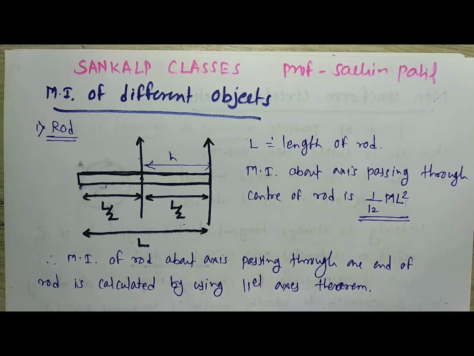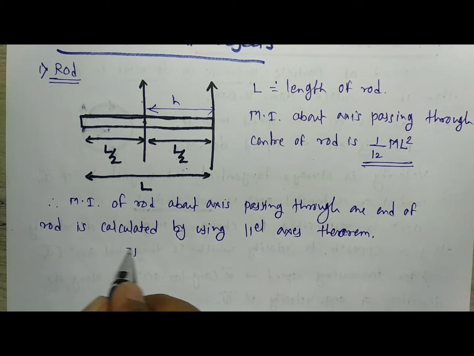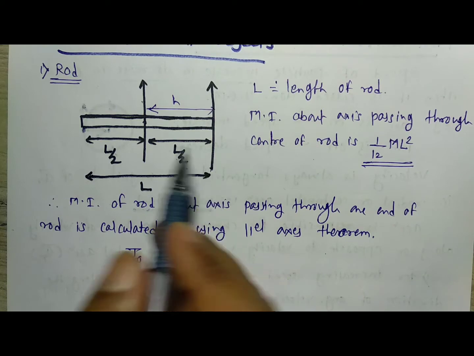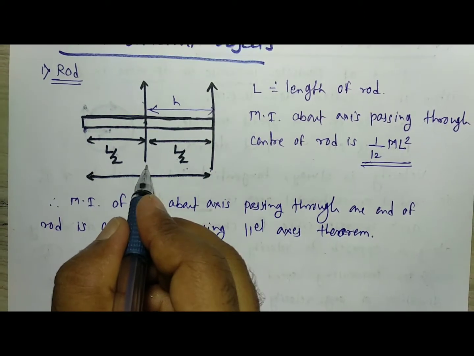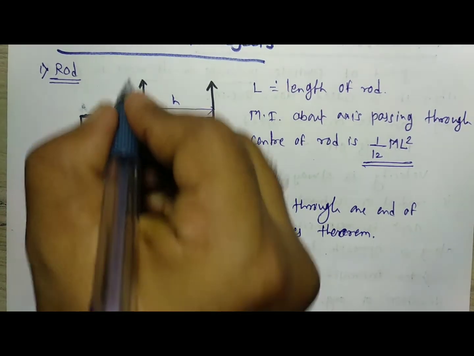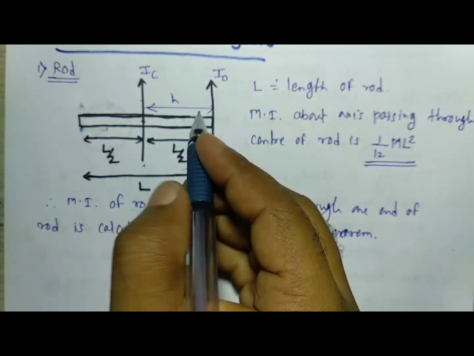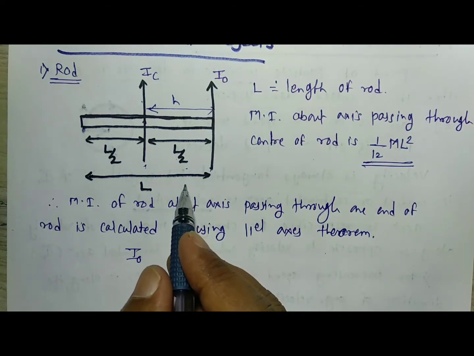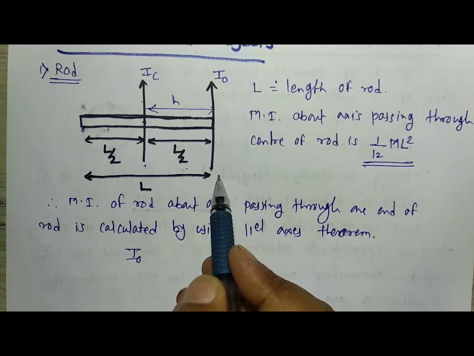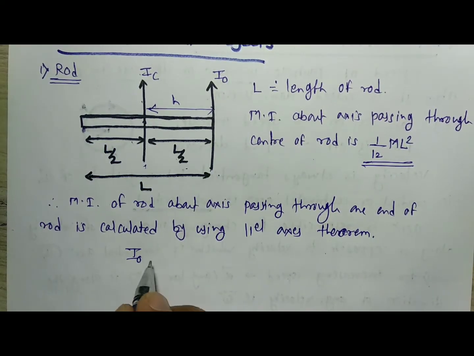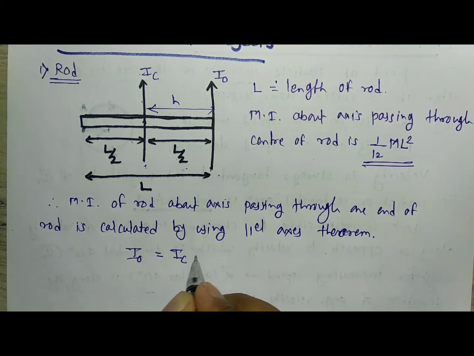What is the parallel axis theorem? We know the moment of inertia about any axis, let us consider this is the one axis which is any axis other than the center of mass. The moment of inertia about this axis is known to you. That means this is I_C and this is I_O. The moment of inertia about the axis which is not known to you is considered as I_O, and the moment of inertia which is known to you is considered as I_C, and therefore I_O is equal to moment of inertia about this one plus mass into square of the distance between the two axes.